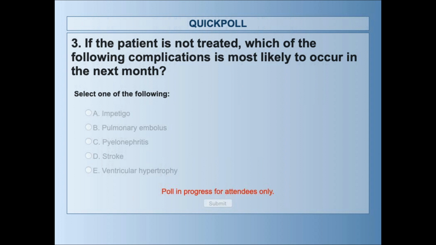I see a lot of questions still about step 1 and step 2 going pass fail, and some thoughts on whether step 2 is also going to go pass fail. And there's really no way to game the system. Your goal at the end of the day is not to pass the boards. Your goal is to become a good physician. In order for you to do that, you need to master the material on step 1 and on step 2. So your best thing to do is study as hard as you can, do as well as you can, take your assessments, and take those exams as soon as you're ready, aiming for the highest score possible and the most amount of questions correct, even if it's pass-fail. For now, step 1 is going pass-fail, but there are no reports of step 2 going pass-fail as of yet, okay?